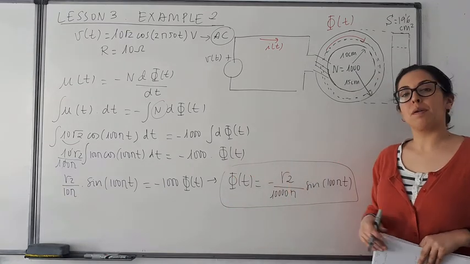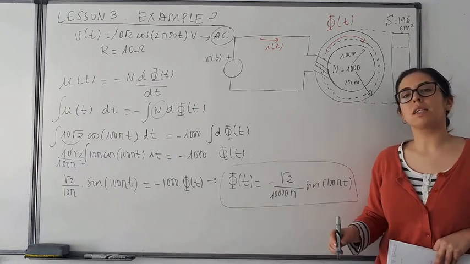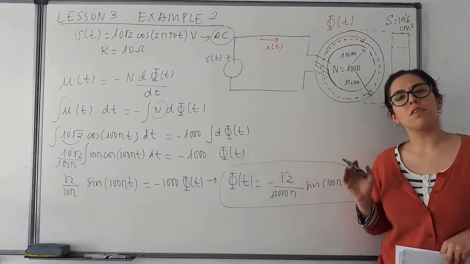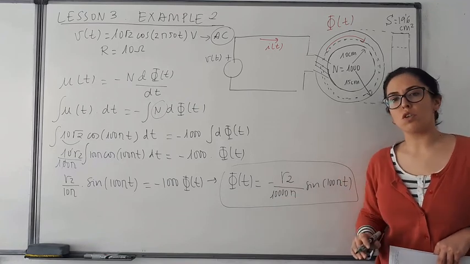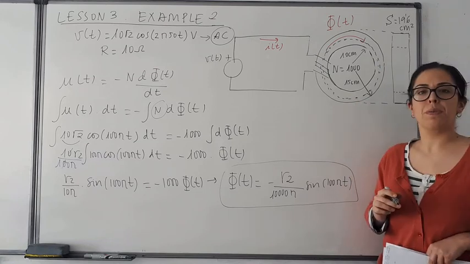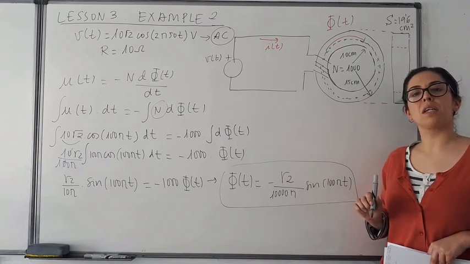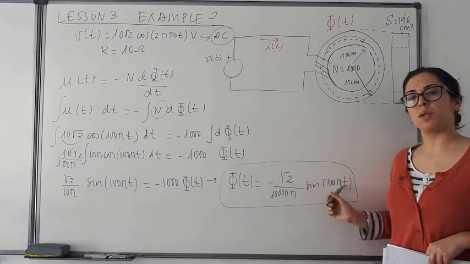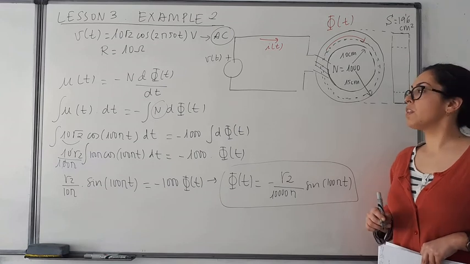If you remember in example 1, for calculating the magnetic flux, you needed to use the reluctance, and in the reluctance you have the permeability of a particular material. So the magnetic flux was different depending on the material that you have in the magnetic core. On the other hand, in this example, as you can see, the magnetic flux does not depend on the material, okay? Here we don't have any parameter that depends on the material, but it is variable in time.